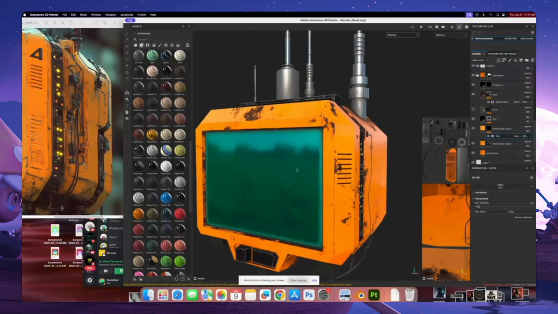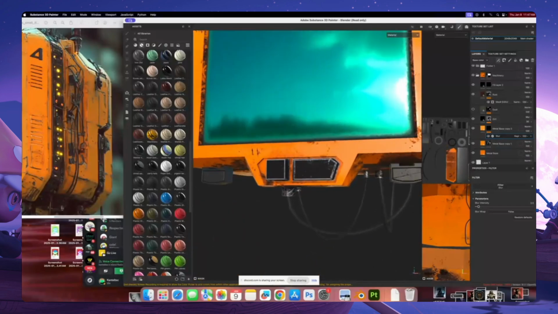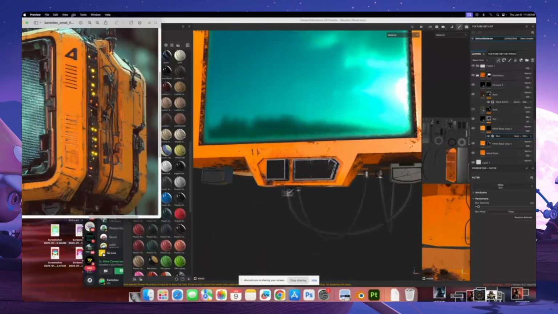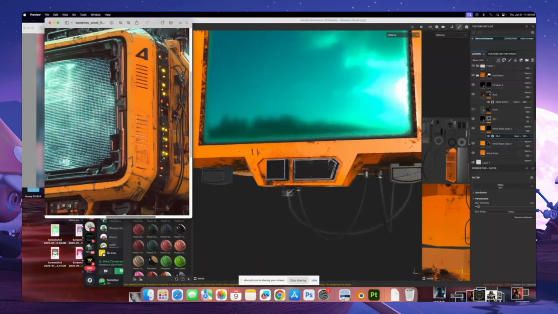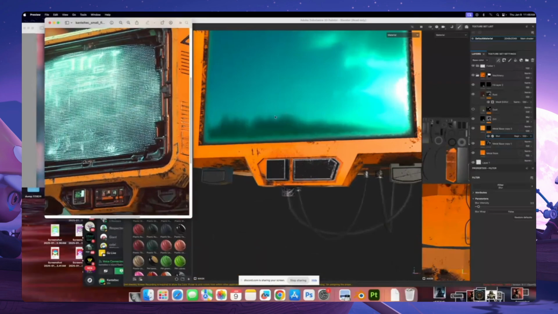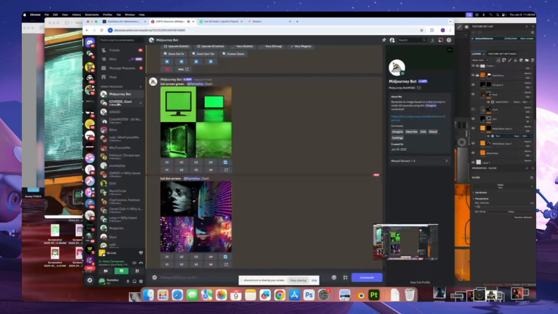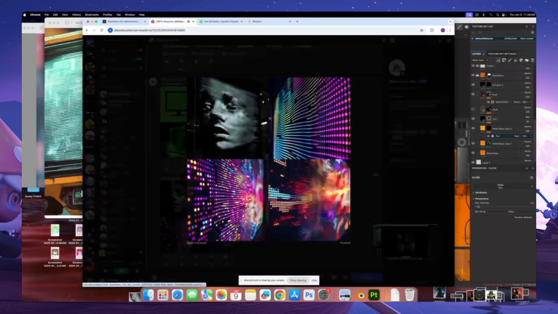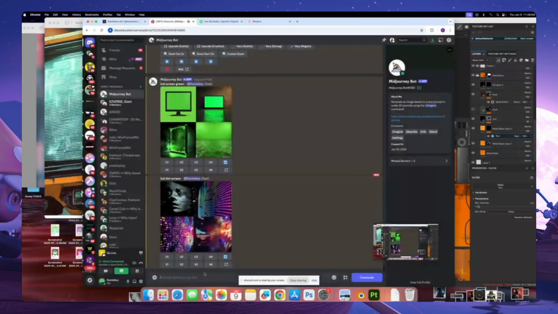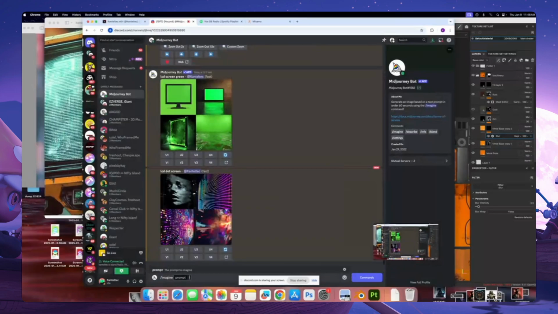I would just spend the time going through everything and adding in as many little details as I can. We'd still want to get this screen going, but I don't want to have to make everybody watch me. Oh, we see. We're getting closer here. We're getting closer. Let's try LCD screen